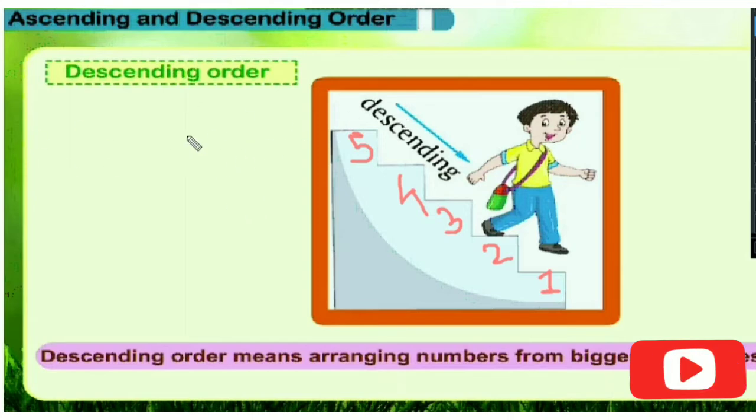Now if we need to write these numbers in descending order, how are we going to write? From biggest to the smallest. Now you just tell me which number is biggest in these 5 numbers? 1, 2, 3, 4, 5. Obviously 5 is greater. So we will write 5 first. Okay, 5 is gone. Now 4 numbers remain. In these 4 numbers, which number is bigger? 4 is bigger. So after 5 we will write 4.